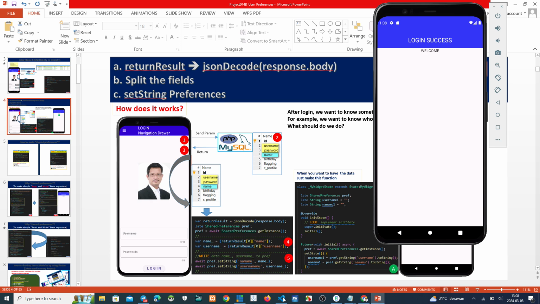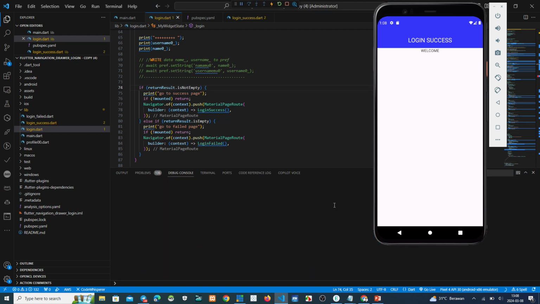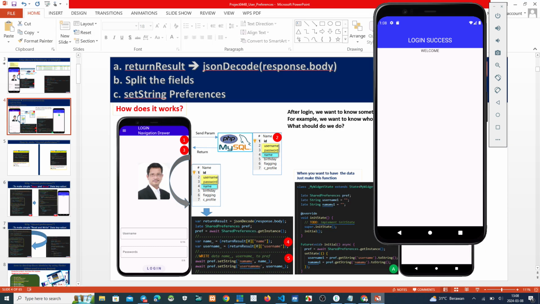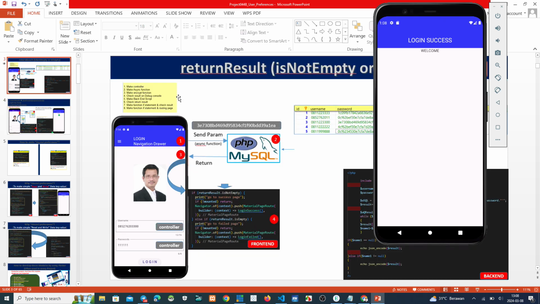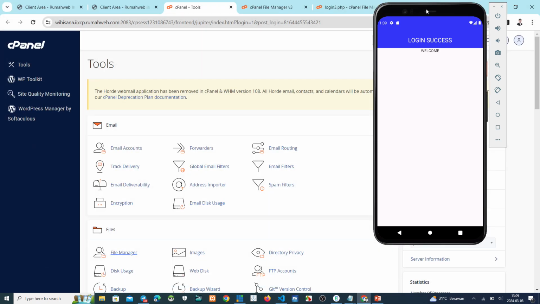Now we make coding again. We want to make a self reference. Okay, how to make a self reference? We have made a pointer here. Now we must download the package from the Flutter package site.